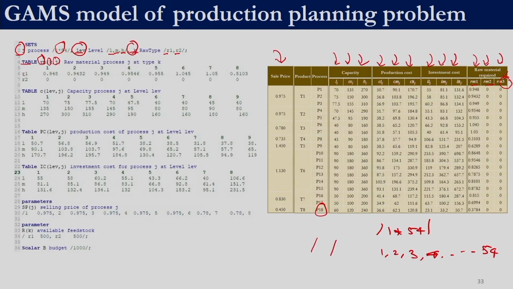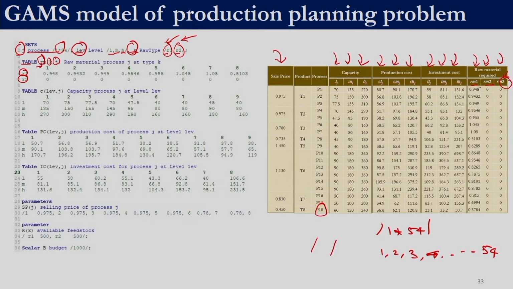So it will be 2 rows because we have R1 and R2, and it will have 54 columns from 1, 2, 3, 4, 5, 6, 7, 8 all the way up to 54. So here we have R1, R2 because we have used R1 and R2 over here. The values are R1 and R2. So we write the same values R1, R2 over here, and over here we write the process numbers 1, 2, 3, 4, 5, 6 all the way up to 54. That is how we have defined our set J to indicate the process.